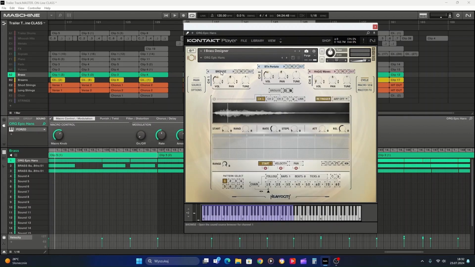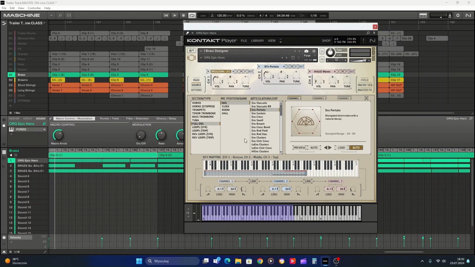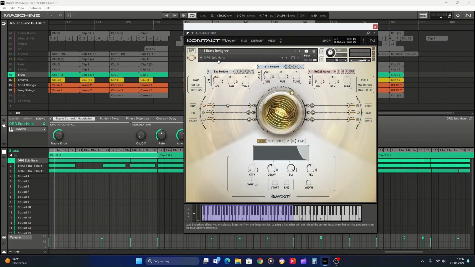As you can see, FORZO offers a variety of articulations to choose from, depending on the project and purpose. We have staccato, portato, sustains, crescendo, swells, Braams, and more. These are some of the sounds I typically use, including the epic Hans horns preset. French horns